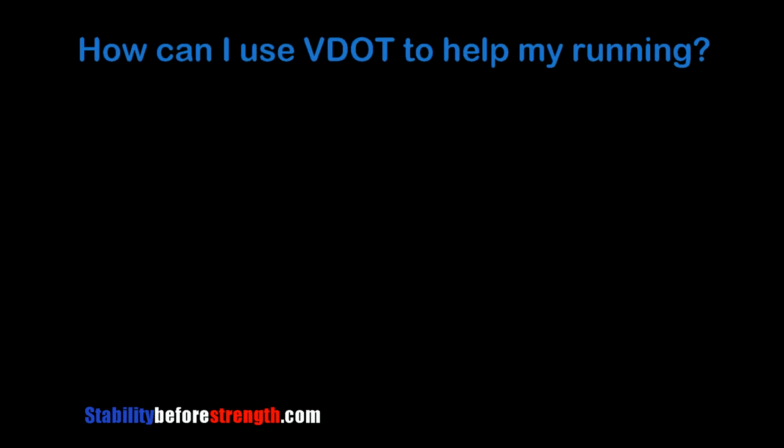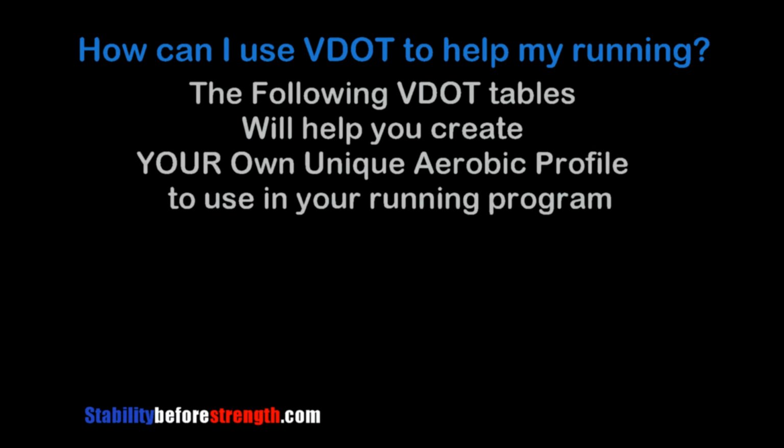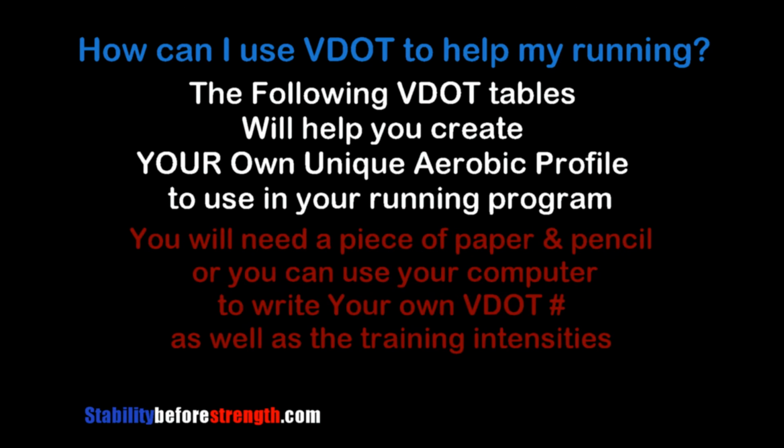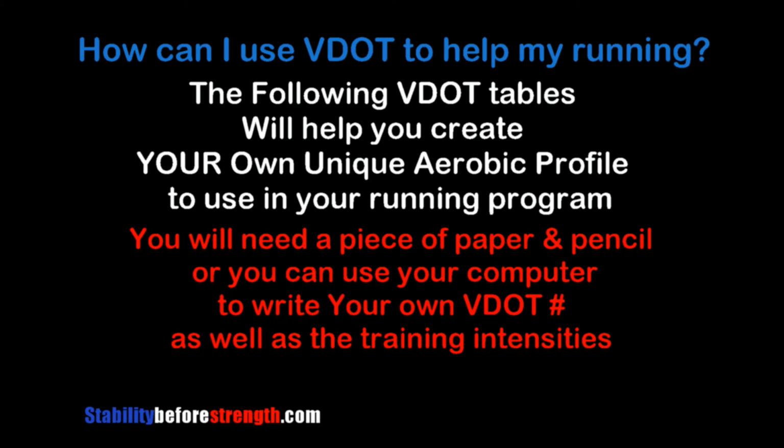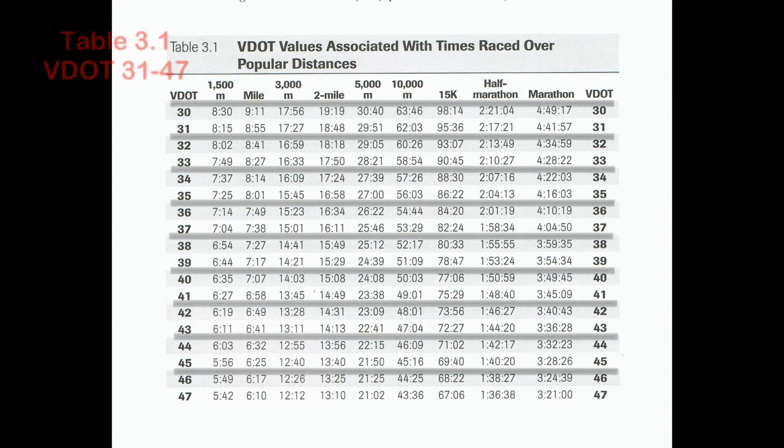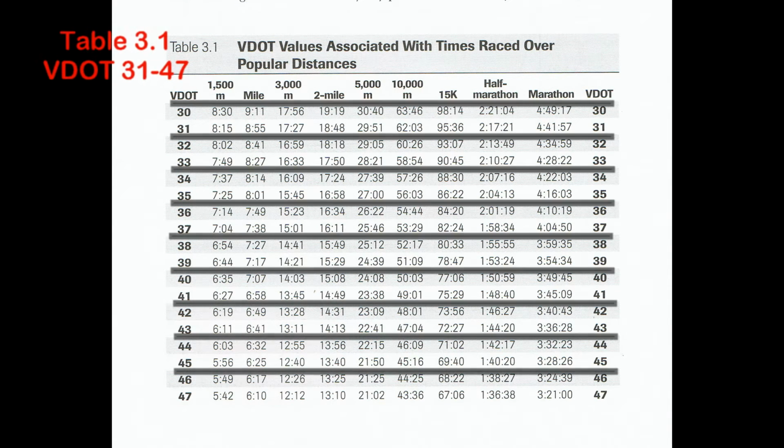How can I use VDOT to help my running? Well, the following VDOT tables will help you create your own unique aerobic profile to use in your current running program. You will need a piece of paper and pencil, or you can use your computer to write down your own VDOT number as well as the training intensities. Now, let's get started. Here we have table 3.1, which lists VDOTs over popular race distances ranging from 1500 meters